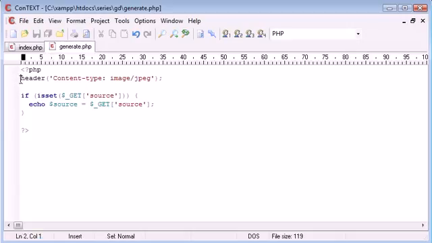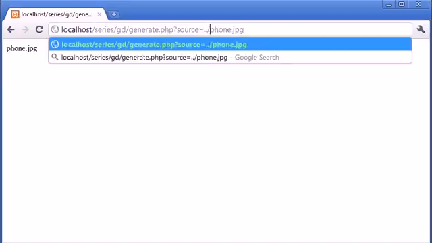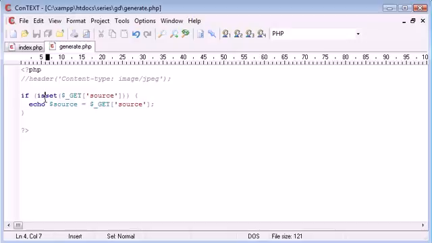Okay, sorry, yeah, because I've changed the header content type, we're looking at an image, so I've just commented that out so we can preview this as plain text. So you can see that now we're taking in this parameter here. You can do whatever you want with it. It's just going to be the location that our original JPEG file is at. So let's unecho that and uncomment that. Okay, so